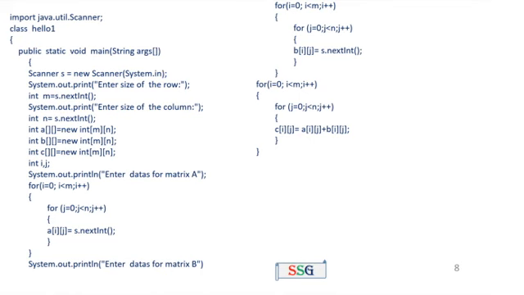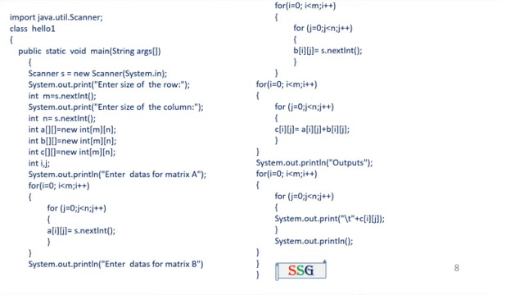Next we are doing the addition of two matrices A and B. The same for loop: c of i comma j equal to a of i comma j plus b of i comma j. This statement performs the addition of a of i comma j plus b of i comma j. That means all the rows and all the columns of A are added with all the rows and all the columns of B. The resultant value is stored in the variable C. Next, for the output we have to print the variable C only. Then for i equal to 0, i less than m, i plus plus, j equal to 0, j less than n, j plus plus.